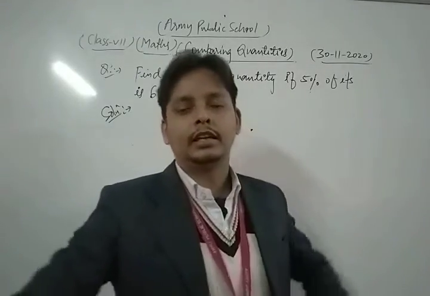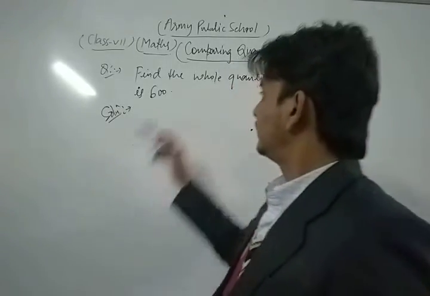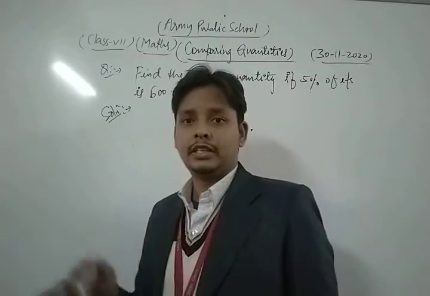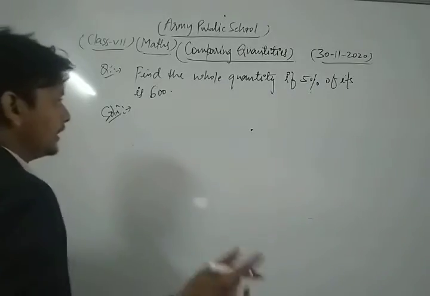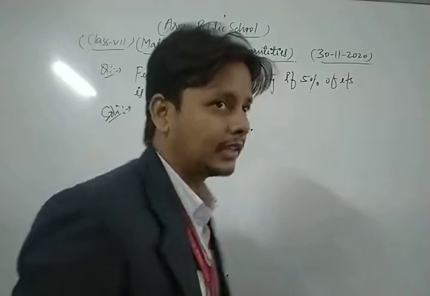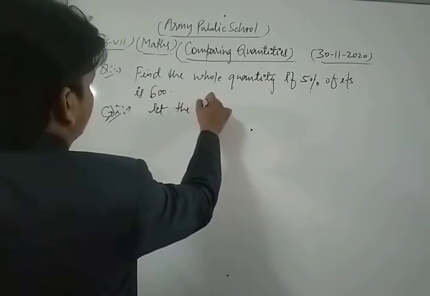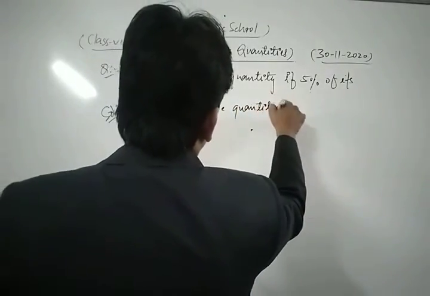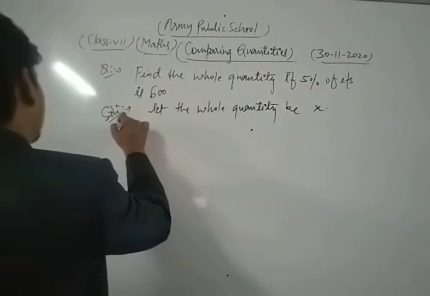Dear friend, in that question what do we find? We find the whole quantity if 5% of it is 600. Now let's see its solution. First of all, in that type of question we let the whole quantity be x. Okay, then according to the statement,